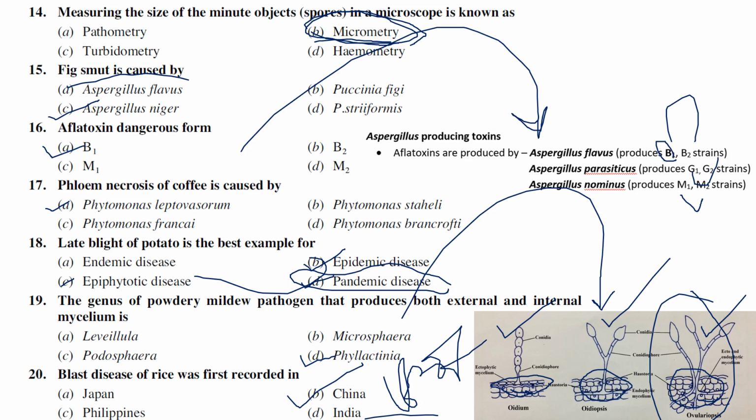This disease was first reported in India around 1918 and 1919. Padmanabhan was the scientist who identified this blast disease for the first time in India, and the blast became very severe around 1985 and 86 in the same Tamil Nadu region. But the answer for the question is China, 1637.